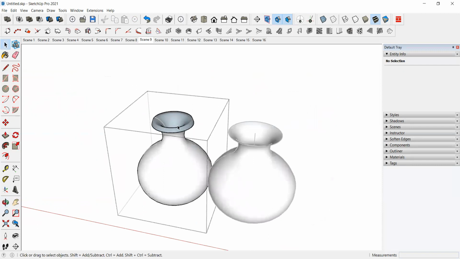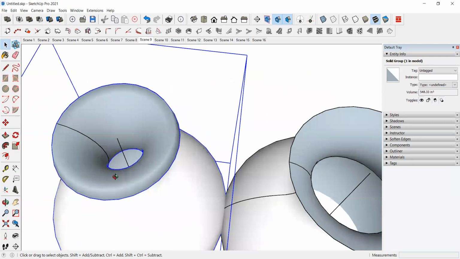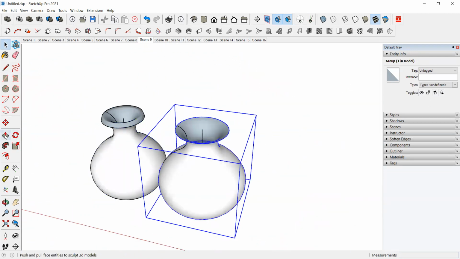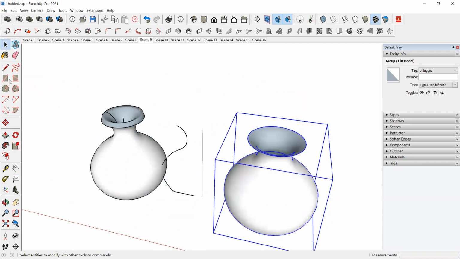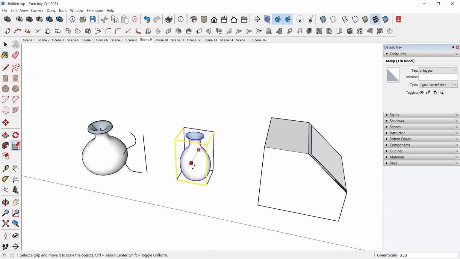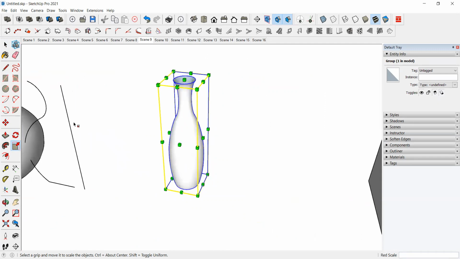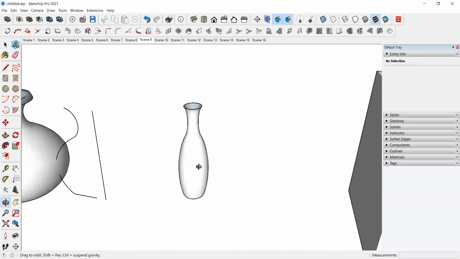Okay, in this way it will make, this is thin surface, it is okay thick surface. In this way it will make the object. You can create whatever shape you want. Okay, so like a flower vase you can make. So whatever shape you want, you can modify and you can make that.